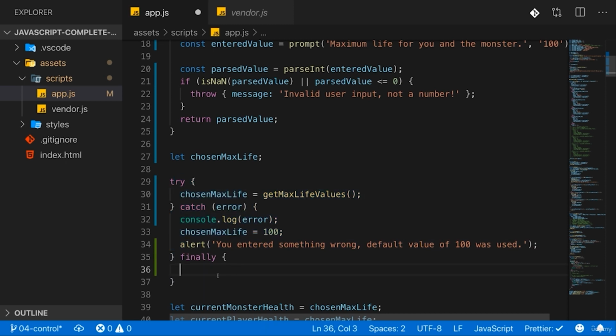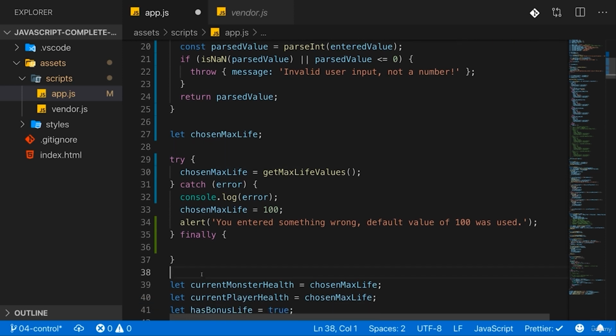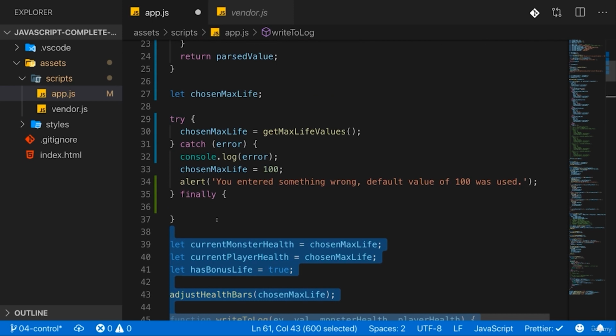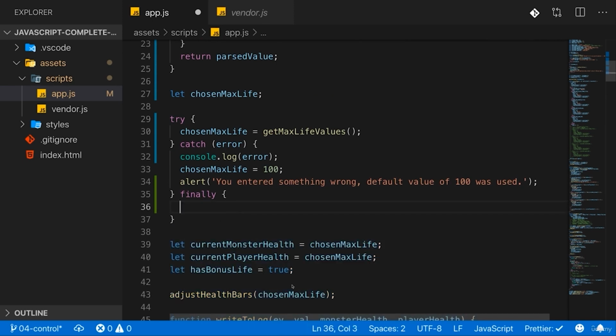And the idea is that the code inside of finally will now always execute no matter if you had an error or not. Now, you might wonder what the idea behind that is, because the code after try catch, so all the other code, also executes here, no matter if we had an error or not. So why would this be helpful? Well, you can use finally to do any cleanup work